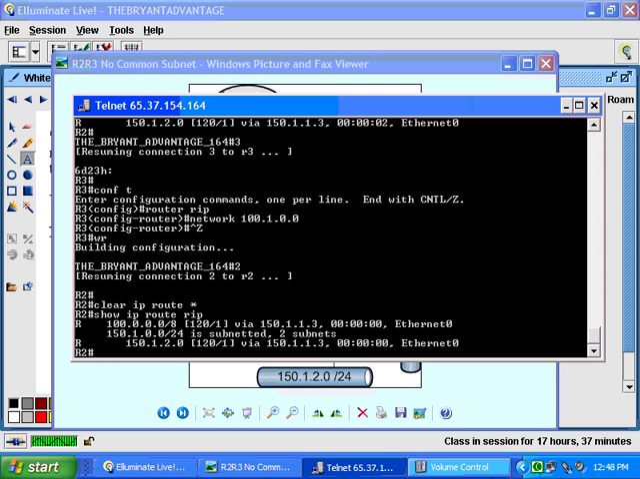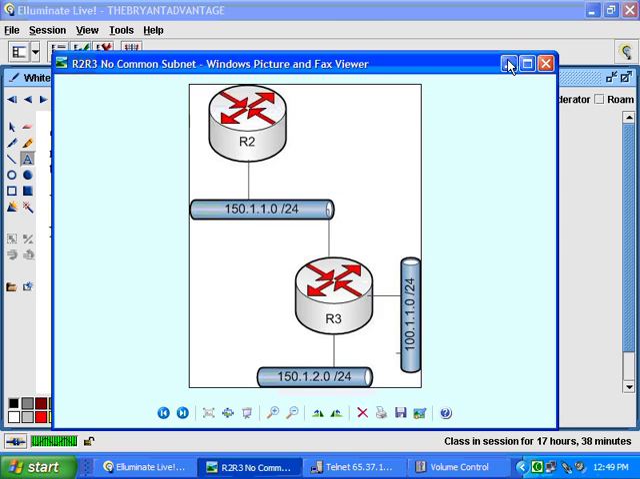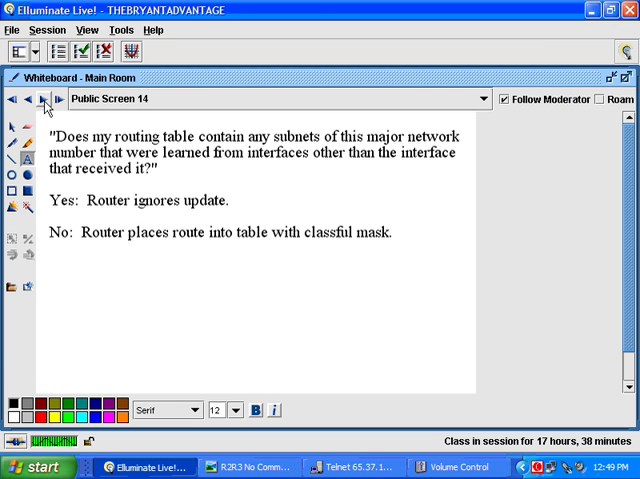Because the question at that point was not, is this part of the same major network number as Ethernet 0 is already on, because it obviously wasn't. So now the question is, this subnet in this update, does my routing table contain any subnets of this major network number that were learned from interfaces other than E0? And I know that's a long-winded question. You didn't know that RIP and IGRP went through this much, did you? Does my routing table contain any subnets of the major network number that were learned from interfaces other than the